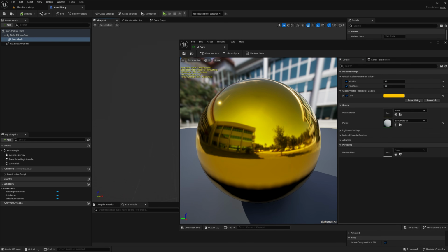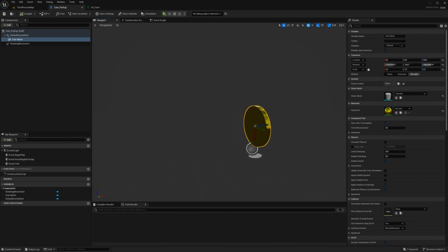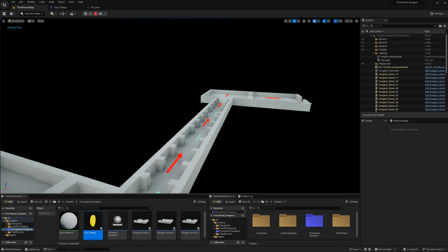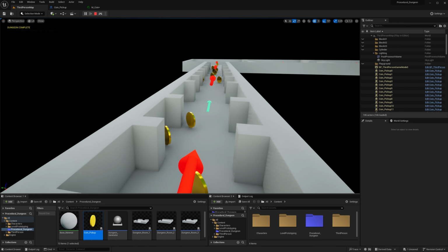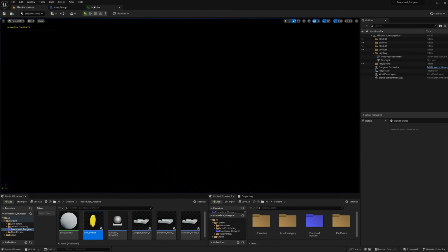Then we get a super shiny coin, which looks great, I hope. Let's try and see it in the game. Yes, we have a pretty and shiny coin now.